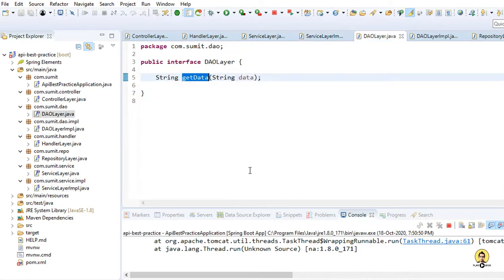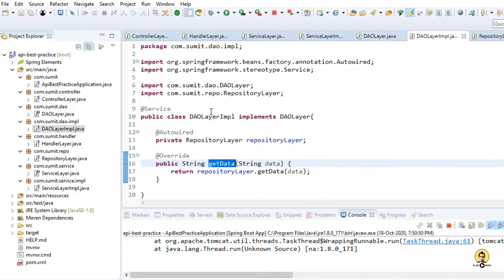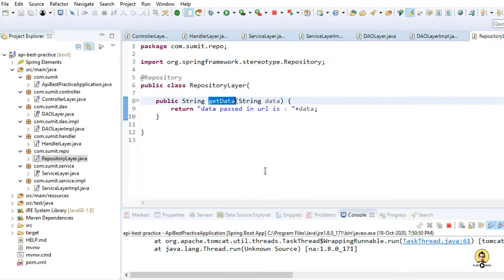And this was related to the creation of an API with best practices. My main motive was to show you the different layers which are required to be created for an API, so you can create and manipulate the data accordingly in the different layers.